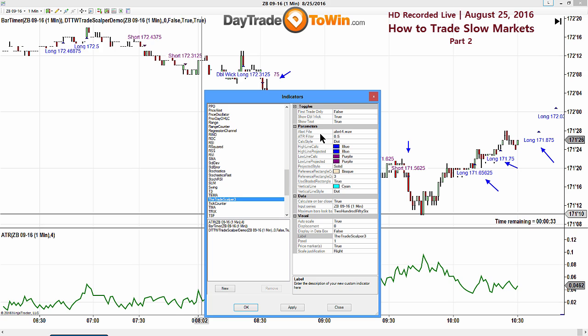So if the market is too slow, you can say, I don't want to see any trades below 2 ticks or below 3 ticks. You can dictate for any market this filter, because you don't want to get lured and see a signal when the market's slow. That's not going to work out. So you can see how slow the market is here, and it's more chopped than anything. You want to filter those signals out.